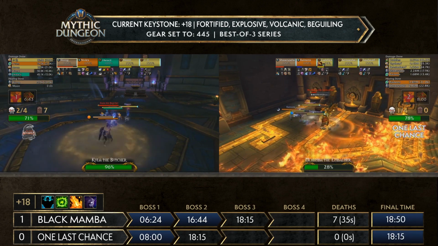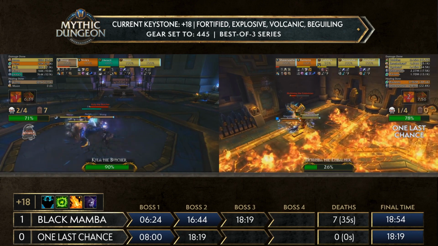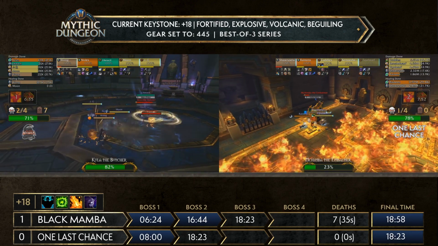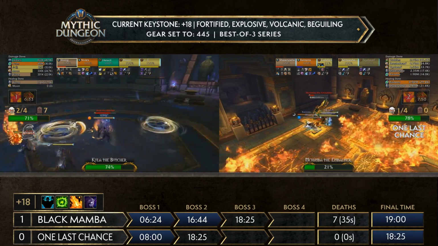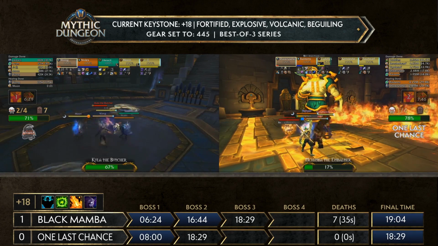Now, Black Mamba opting to do something very interesting. They pull the first pack on the bridge, they just double shrouded all the way to the third boss. Yeah, so they used their double shroud, got all the way to the boss here, which is something we've seen from them before, just because they want to unlock the respawn here. Because